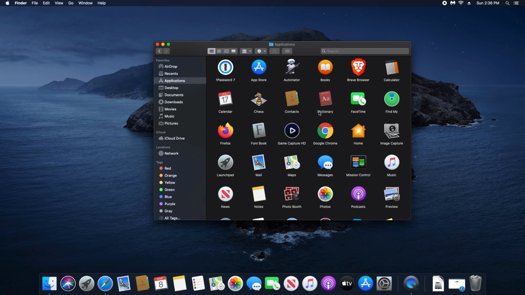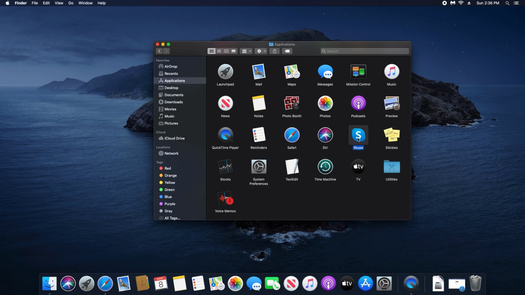And so again, we just removed those because we're trying to clean out the computer, not add to the clutter. Now everything else is just going to be removed by clicking on it and dragging it to the trash can. And so what you want to do is go through this application list and first look for items that you no longer use, that are just sitting there, that are just junk. For example, if I want to get rid of Skype, I just click on it and drag it to the